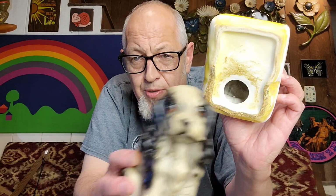Next thing at Christian Crossing, these two fellers. Look at these two dogs, these pups. You got the cute one and the other one. They're both 50 cents. This one is marked Japan on the bottom. It's a bank. On the bottom, it's missing the stopper and needs some glue gun because there's a piece of tape covering where the stopper would be. This one's gonna still sell without the stopper for $14